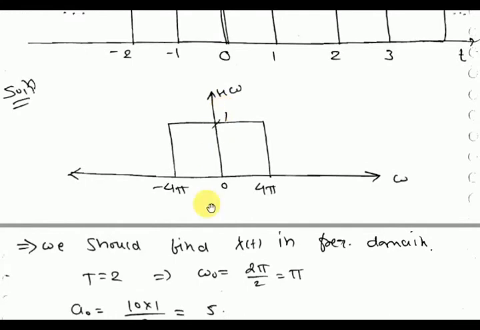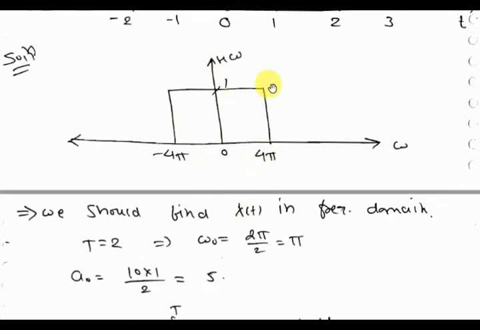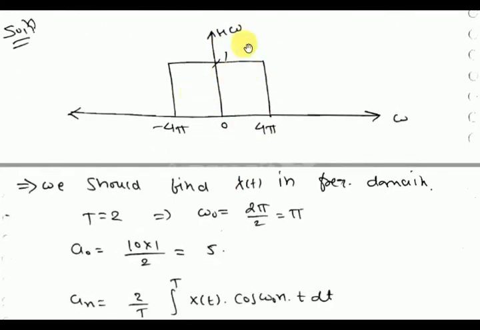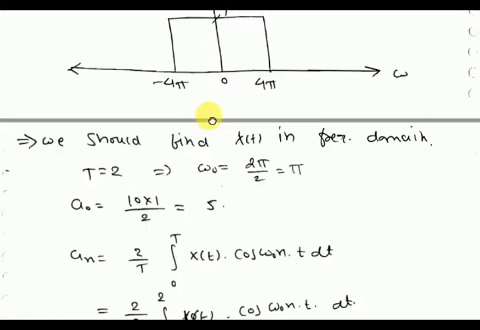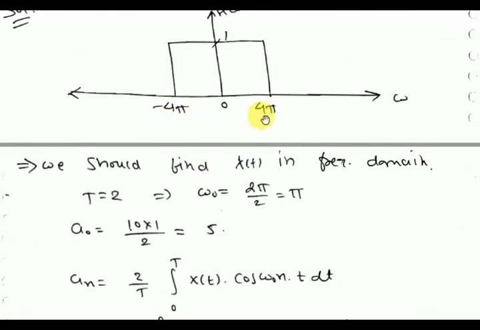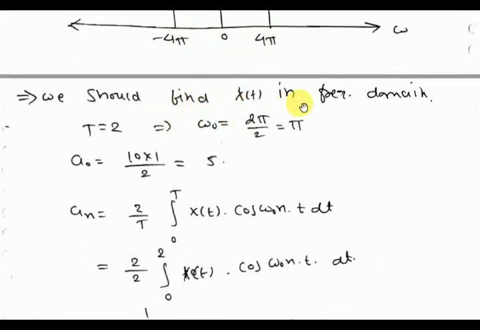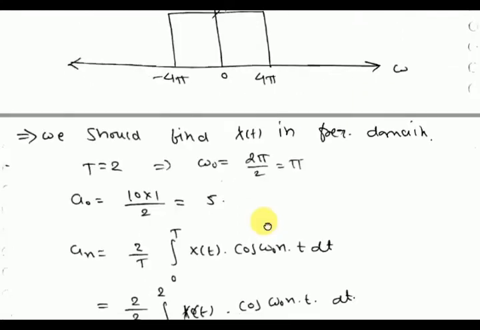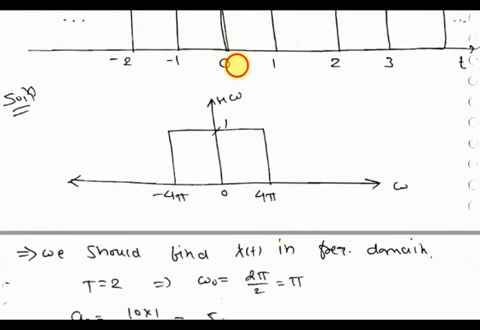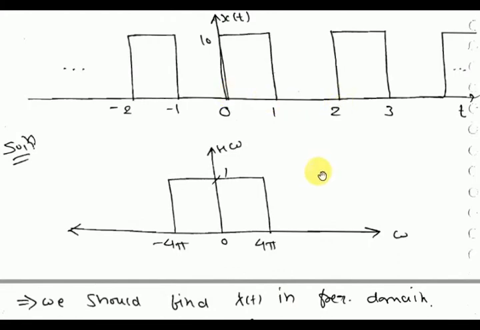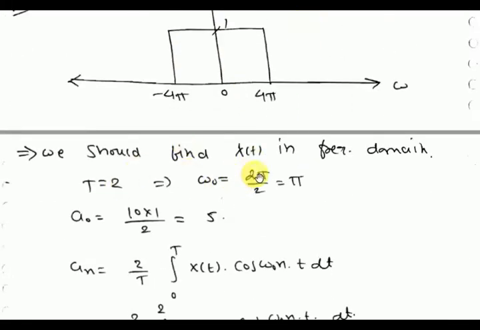First of all, we have to represent this in Fourier series form. Then we have to find the frequencies and harmonics of this signal, and only frequencies less than 4 pi will be passed and the others will be neglected. This is the transfer function of the LTI system. From minus 4 pi to 4 pi the signal frequency components will be passed, others will be neglected. We should find x of t in the frequency domain, so we have to find the Fourier series. Here the time period T is 2, so omega naught is 2 pi by T